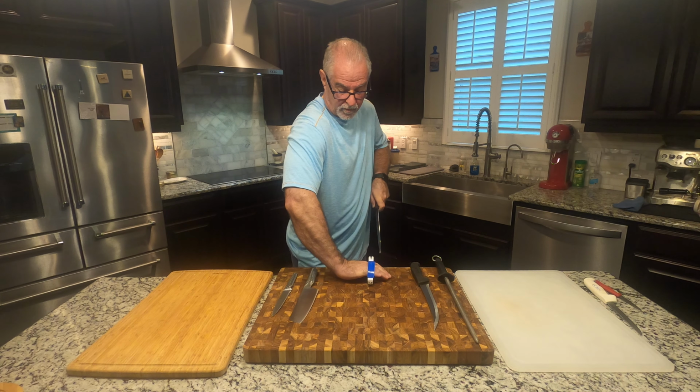Now, these are Globals. I'm missing one here. Tony Bourdain once said, if you can only have one knife in the world, this is it. Global 6-inch French knife. Universal, you can do anything with this knife. You can cut meat, you can cut vegetables and fish and chicken. You don't really want to get after bones with it, but